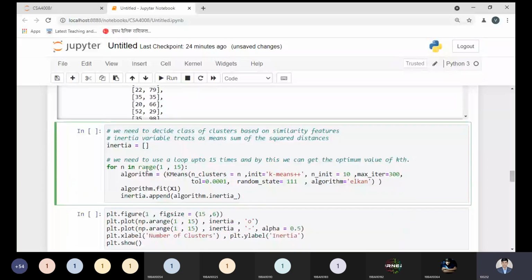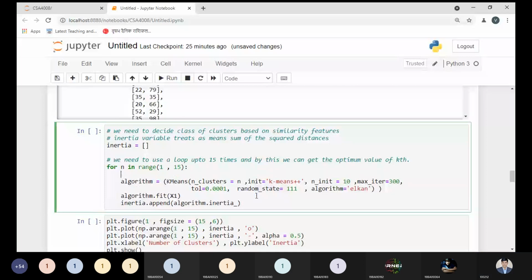Under this loop, please keep in mind carefully, I'm using a variable called algorithm, which is a user defined variable. This algorithm is the k-means algorithm. If you want to update this variable with any other name, you can update. It's up to you. This algorithm variable is a user defined variable, and that's the k-means method. That is the important method.